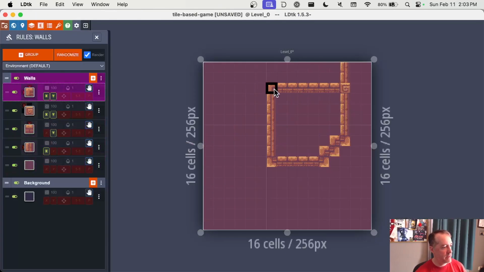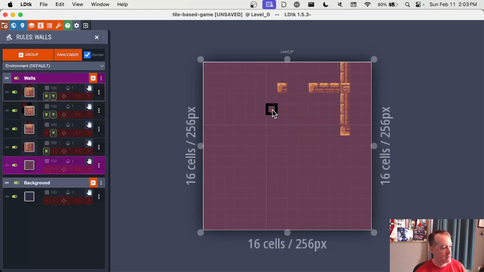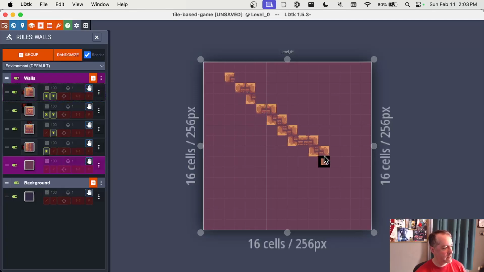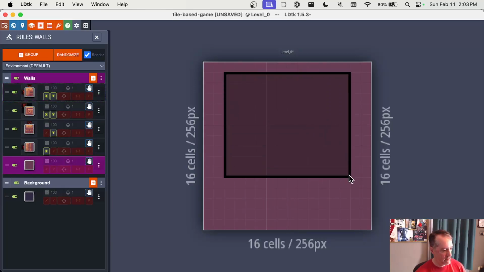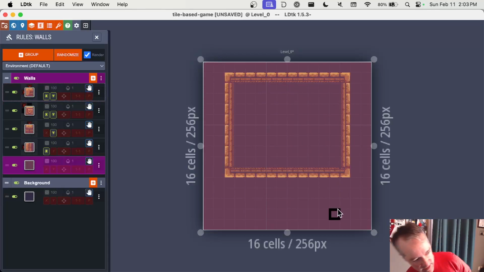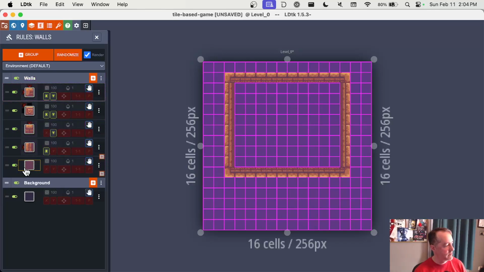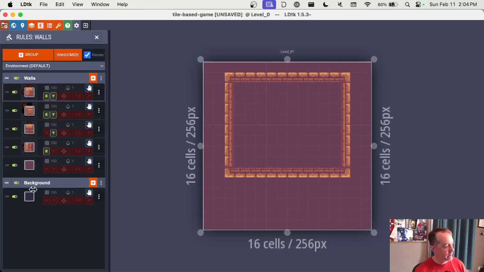So maybe what we could do is let's just delete everything and let's draw a, except it's not drawing a rectangle. I wanted it to draw a rectangle. Do I have to hold shift? Yes. Okay, so there we're actually getting, because I didn't draw individual tiles, I drew a rectangle. So like this inside part is